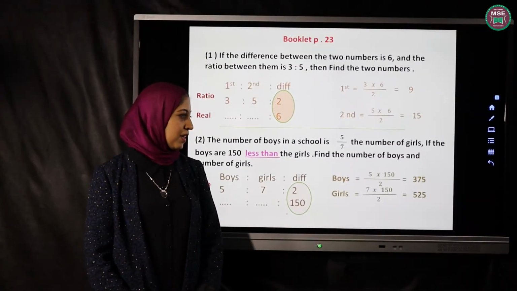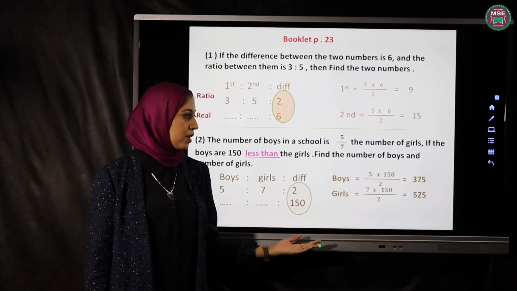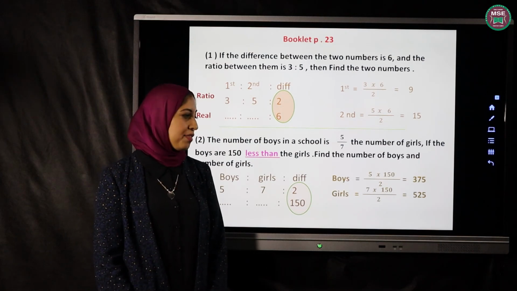So the number of boys equals 375 and the number of girls